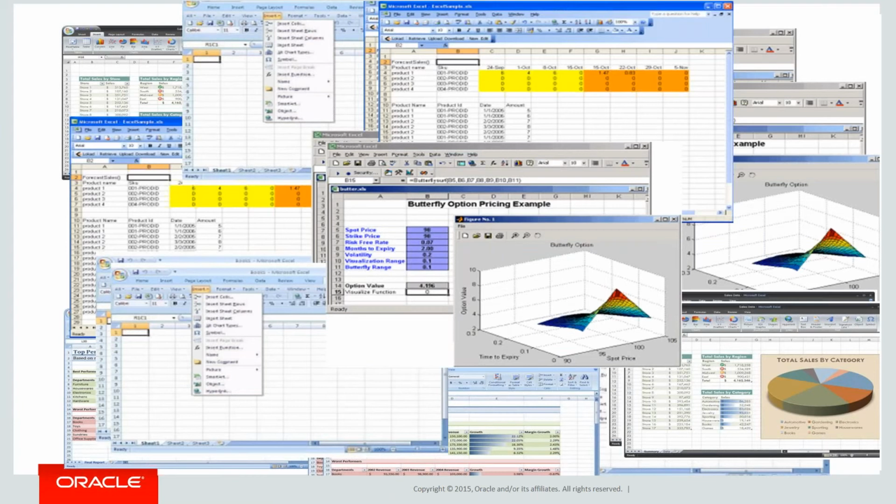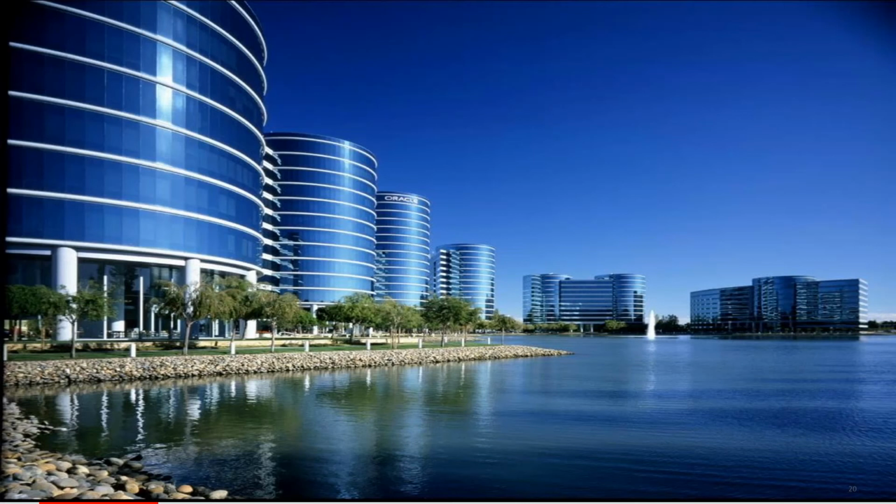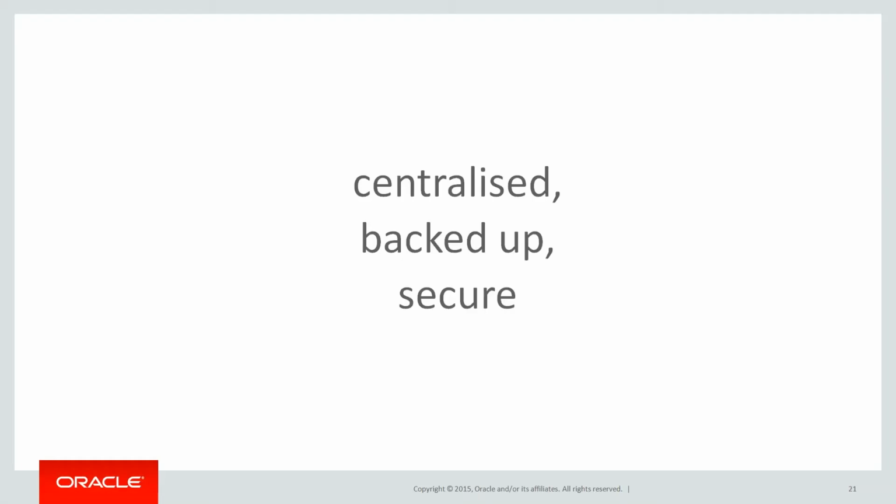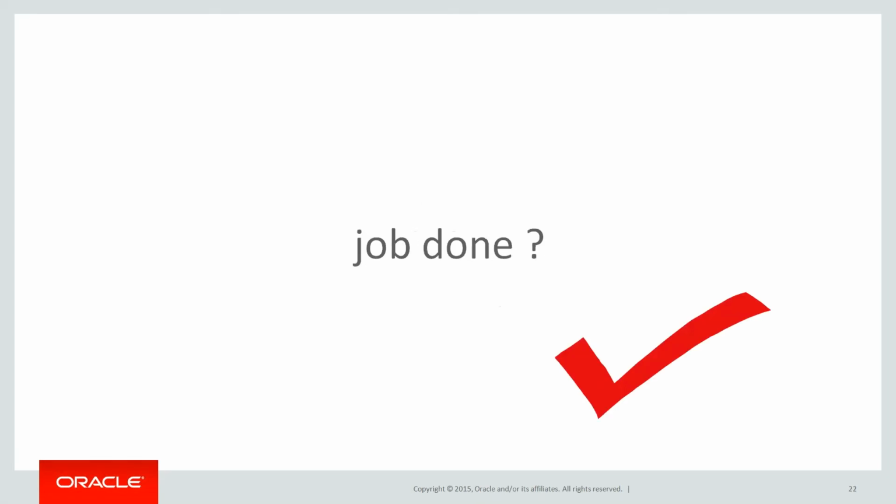And they become the definitive source of information. So what happens is, when management and IT says, look, the information is just all over the place, we need to rein it back in, you might go buy products like Oracle, and that's really cool because your data is once again centralized, it's backed up, it's secure, but you might think, well, the job is done.